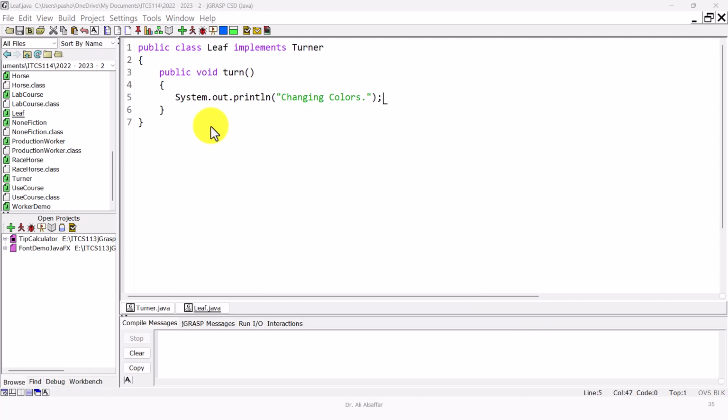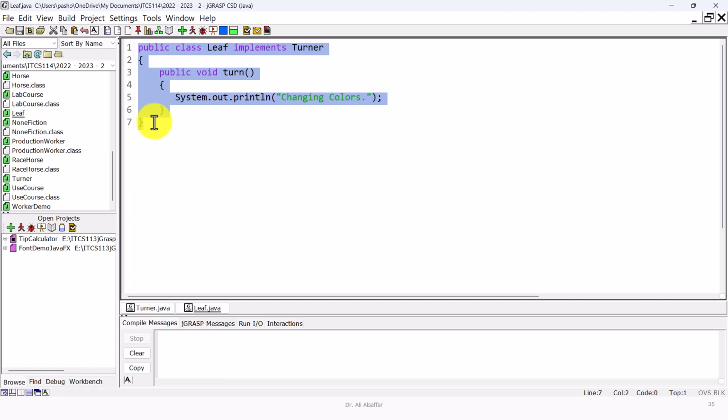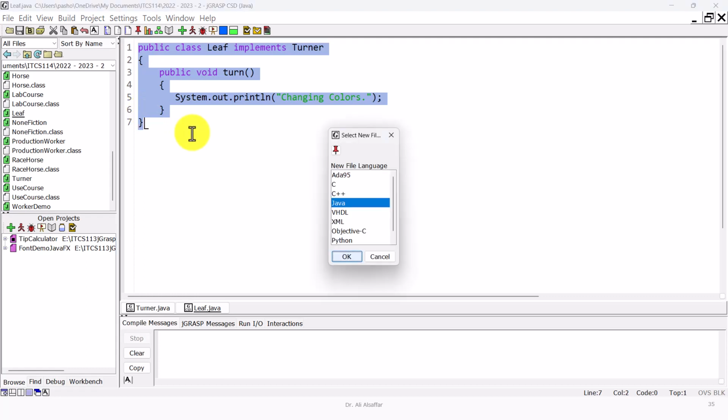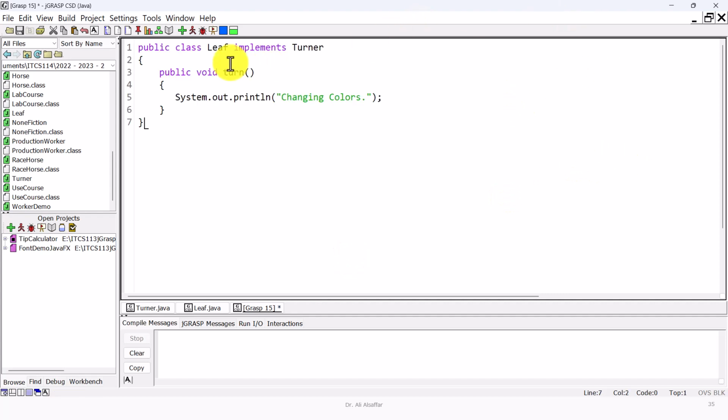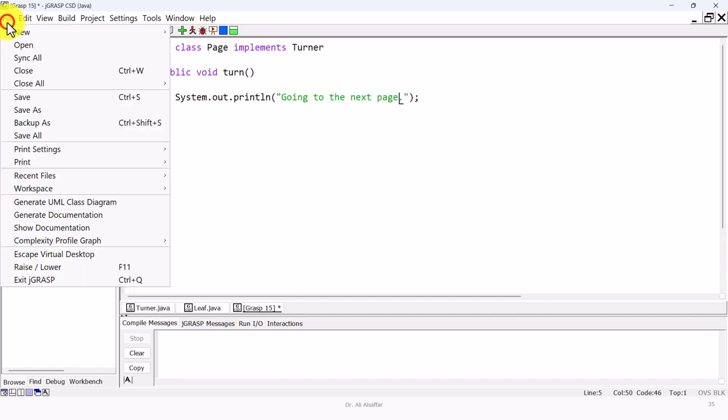For the next class, page, we will simply copy the code for the leaf class, create a new file, Ctrl-N, Java, press OK, and here we paste the code, and we are going to change the name of the class from leaf to page. We will change the code for the turn method because the method will print the message going to the next page. Save the file, save as,